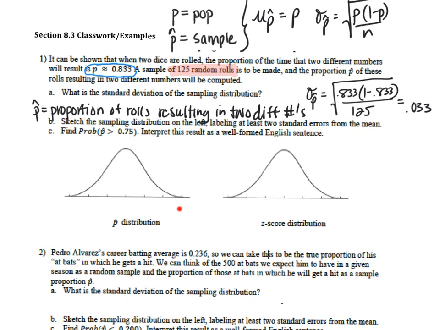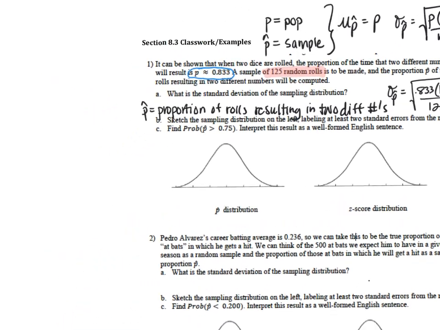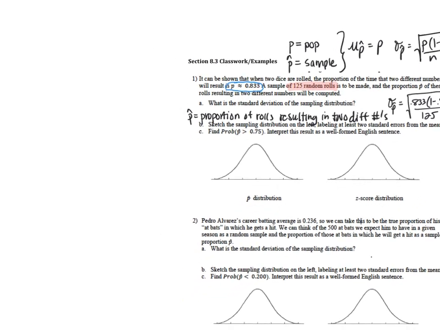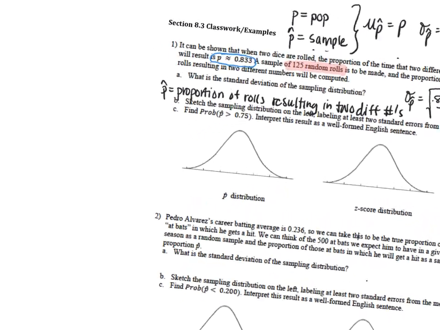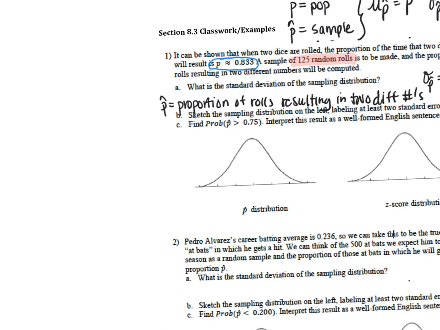If we don't check those 4 conditions, we're going to use them anyways, but we're going to proceed with caution, letting everyone know that the results that they get from this may or may not be reliable, okay? So we're going to go to the side, and we are going to check our conditions. I'm going to just make more room over here for this. All right, so let's check these